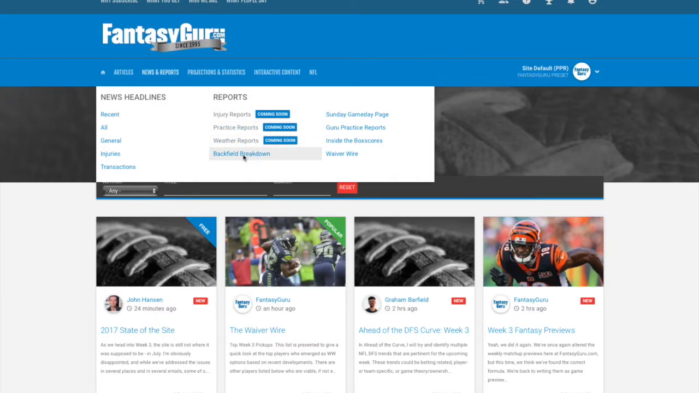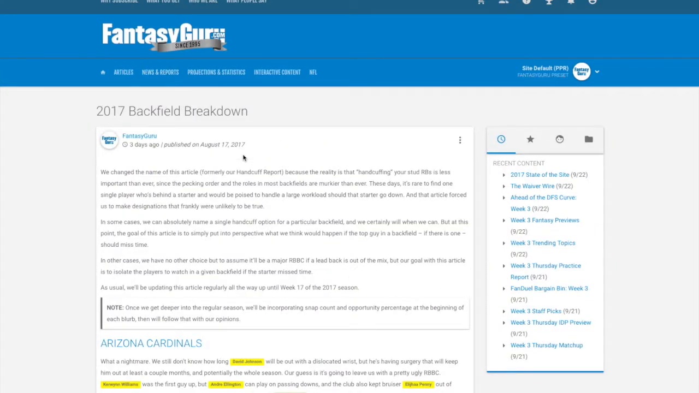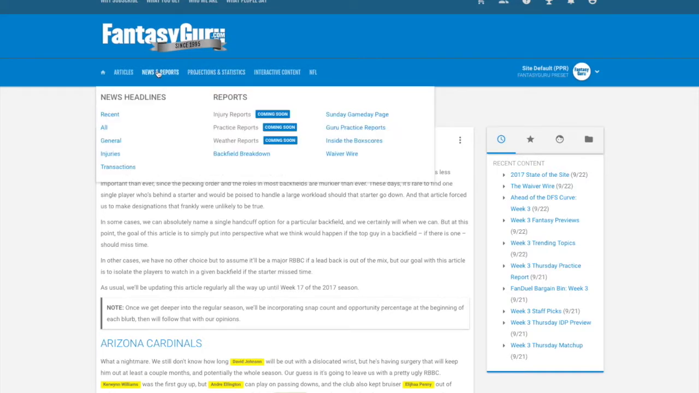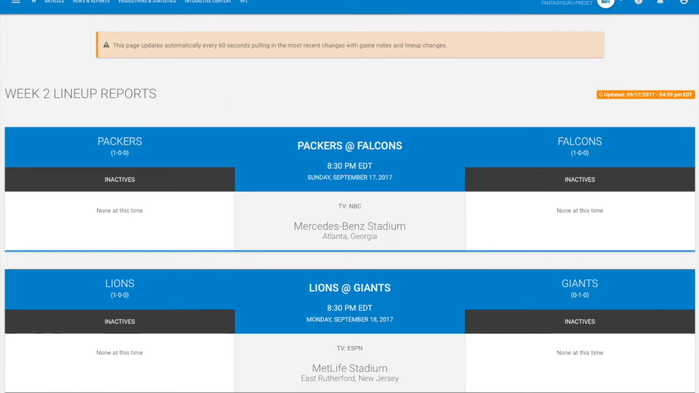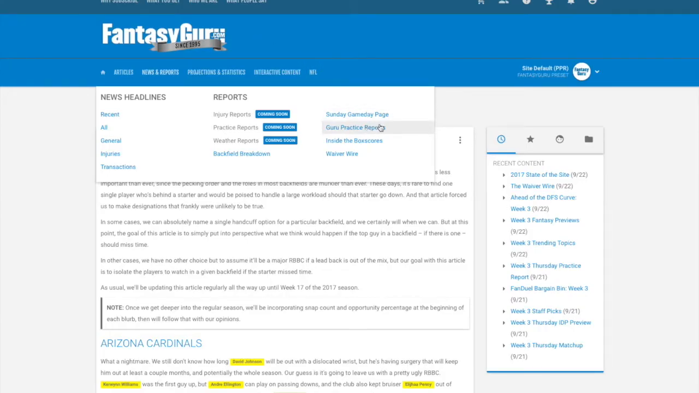You can also view backfield breakdown from here. This article is formerly known as RB handcuffs. Most of you are probably used to seeing that term, so just be aware that RB handcuffs is now the backfield breakdown. Also in news and reports, our Sunday game day page, which is for inactives, our Guru practice reports,